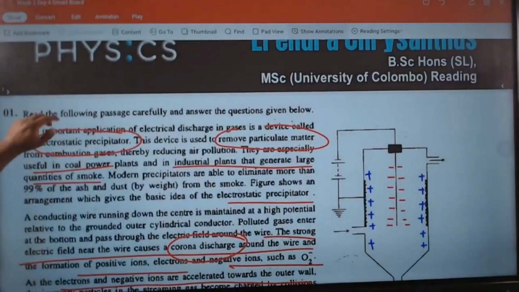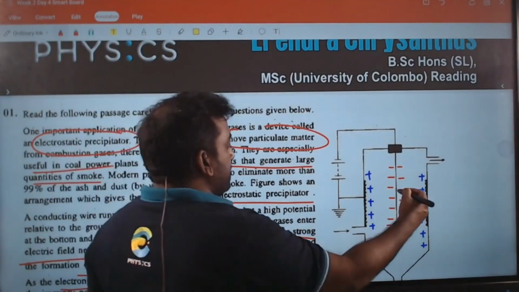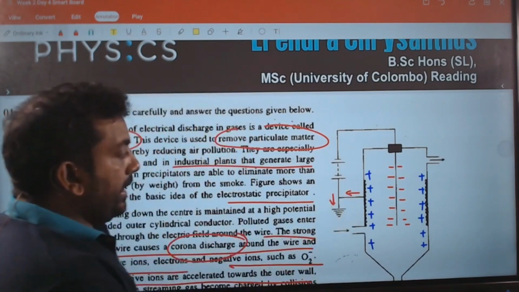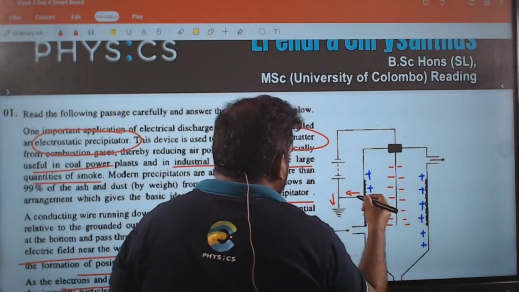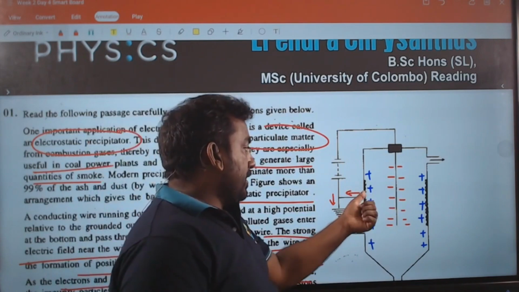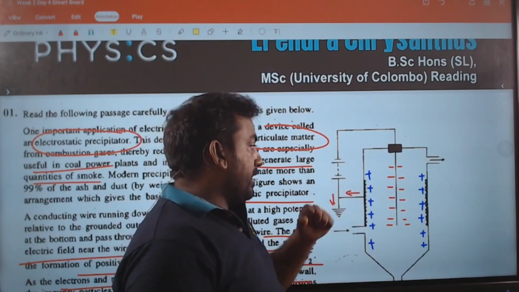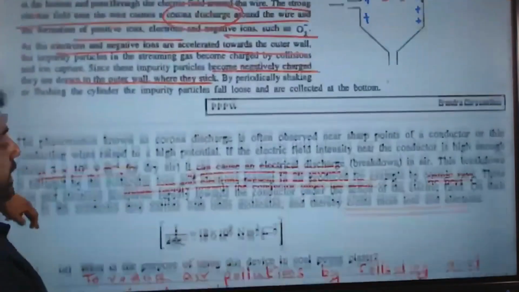So what's the advantage of grounding the outer cylinder? You have learned this. Negative charges come. Excess negative charges can be sent to the earth. Clear? By grounding the outer surface, where electrons are collected, we are stopping static electricity formation, or electric shock formation can be stopped. So by grounding the outer cylinder,